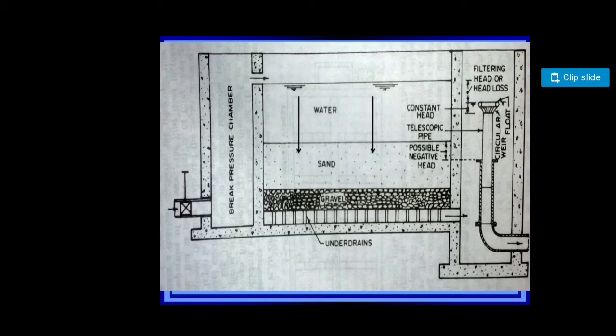That head loss can be measured, and when it becomes so eminent that it is up to a range of 0.7 of the total head provided at the top of the sand filter, the pores are so clogged that the filtration rate becomes very slow. When the filtration rate becomes very slow, what we do in this slow sand filter is stop the water coming in by the break pressure chamber, and we scrape the initial layer only, right?